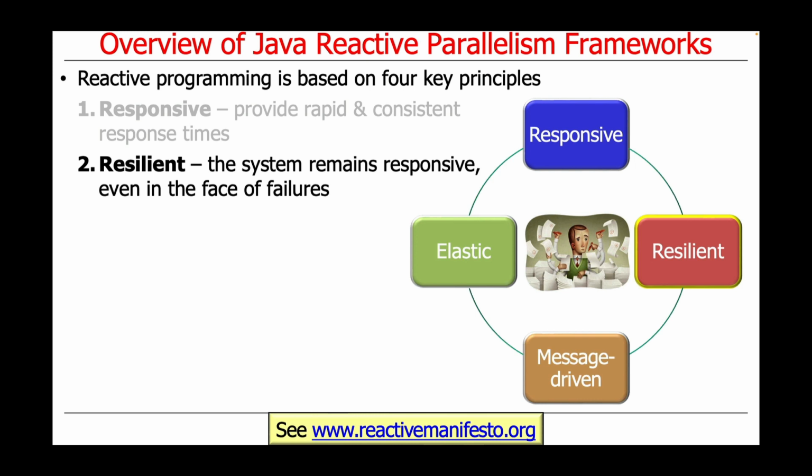And inevitably, even if you do the best you can in large-scale systems, especially when you work with teams of people, not all of whom are equally well-versed in the art of parallel programming, sometimes you have problems with the infrastructure not always working, sometimes you have problems with the requirements not being fully fleshed out, or the design, and so on and so forth. Things will fail. And what you'd like to be able to do is make sure that if something fails, you don't end up with the whole system coming tumbling down. So you want to be able to survive partial failure. That's a really key theme. And reactive programming supports that in various ways that we'll talk about.